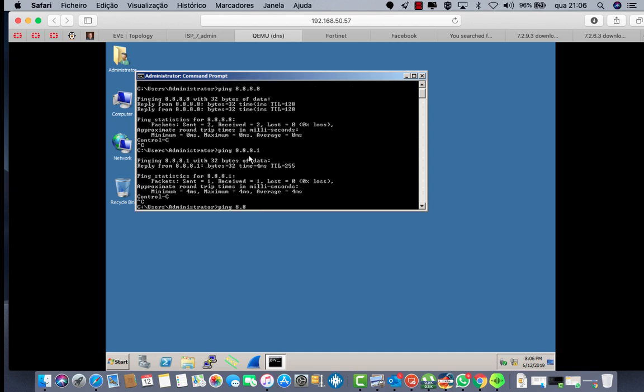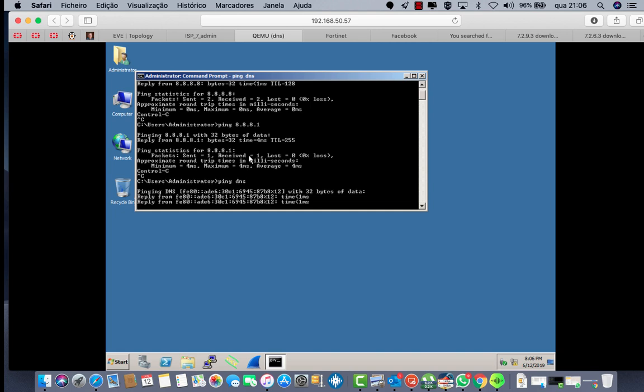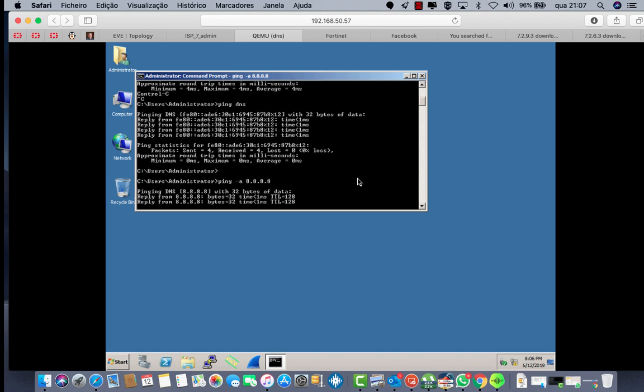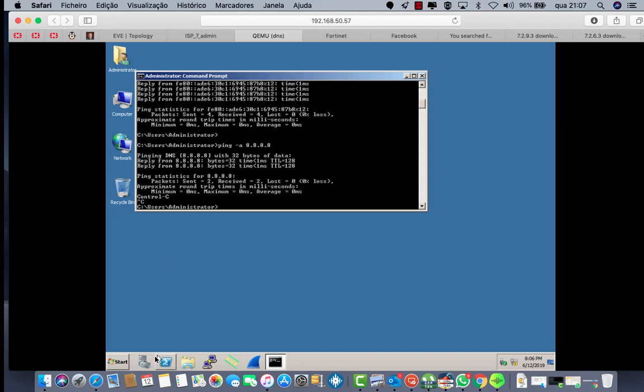Let me ping DNS. Yeah, it's pinging, but it's not ready yet. Let me ping 8.8.8.8. Okay, yeah, it is responding, but let me configure the DNS